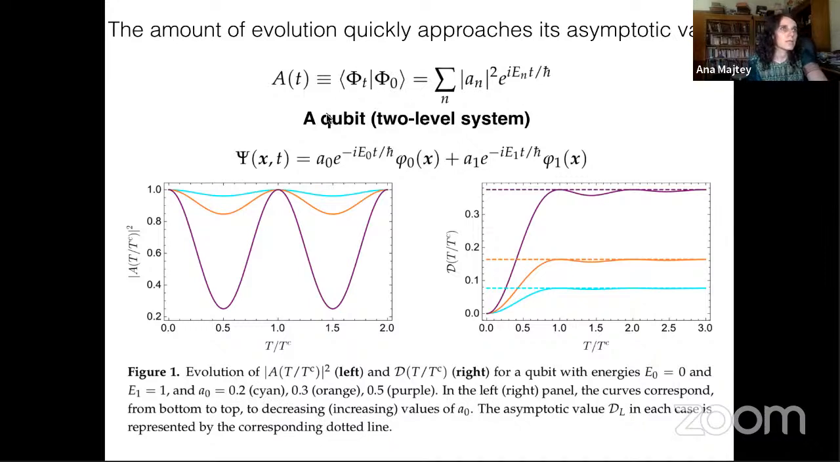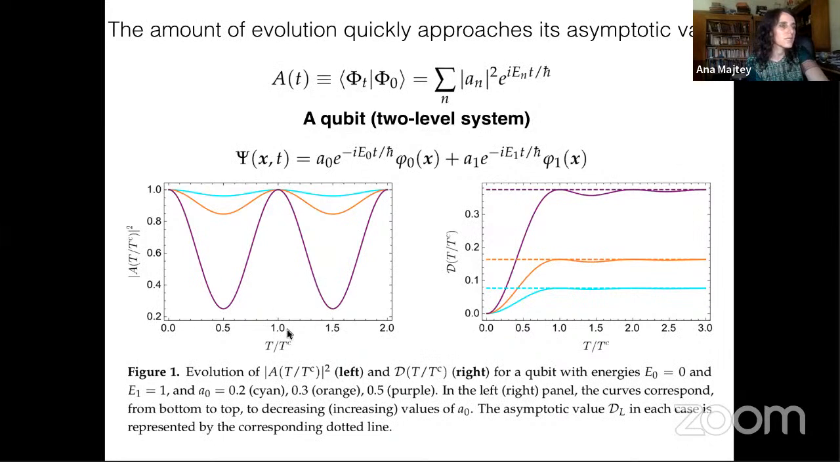And we compute here both functions, the autocorrelation function and the amount of evolution, for a qubit system. So here we have this two-level system, written in terms of these orthogonal eigenfunctions phi1 and phi0, with two eigenvalues, E0 and E1, and with these coefficients A0 and A1, which satisfy the normalization condition. So we can compute the autocorrelation function and the amount of evolution, and we see here that the amount of evolution quickly reaches